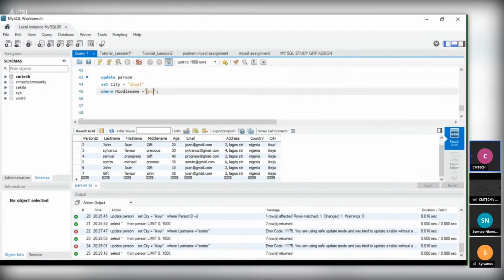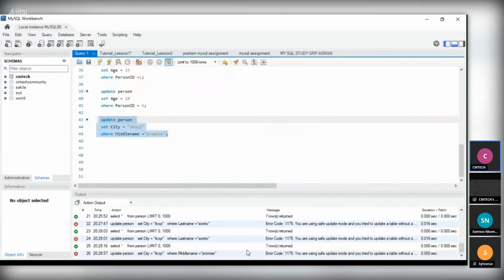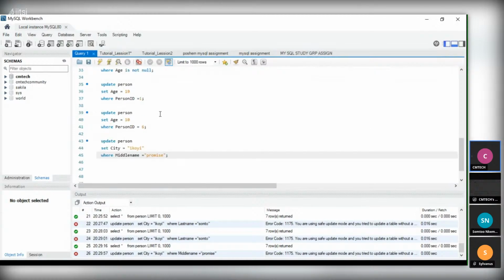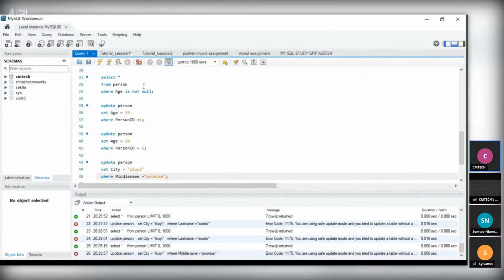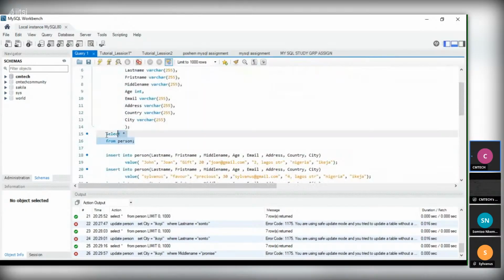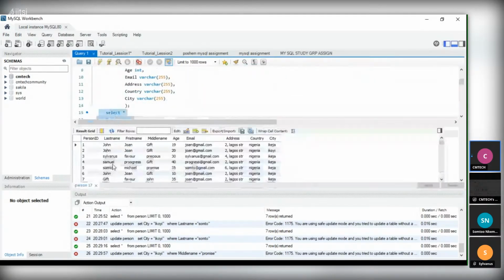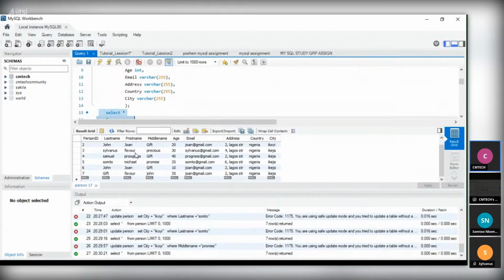Promise. Let's see. So I guess you cannot use a string to set a string. You can only use index numbers to set a string. Always use index numbers to set a string. So let's see.